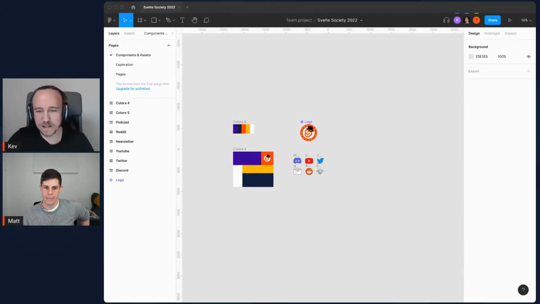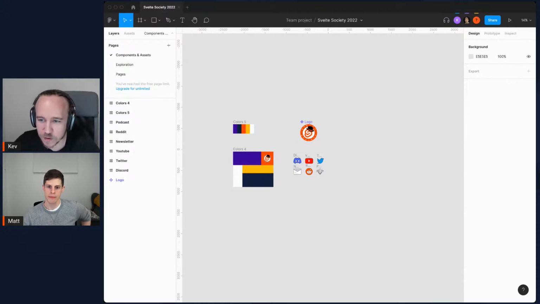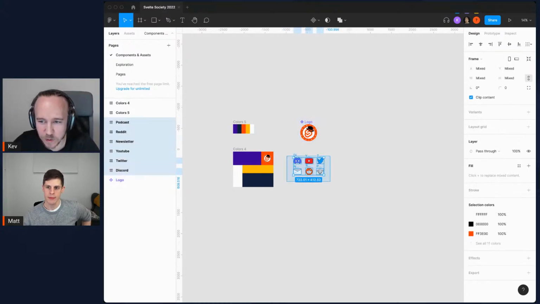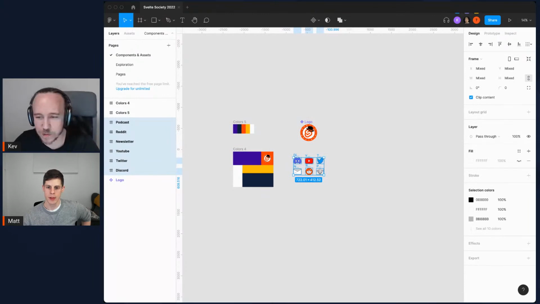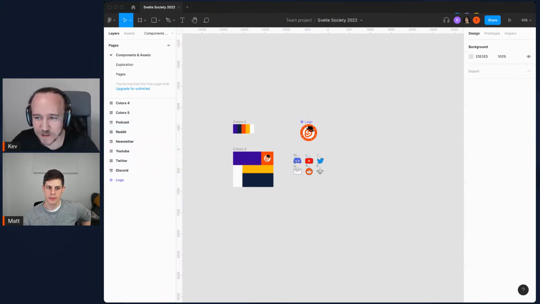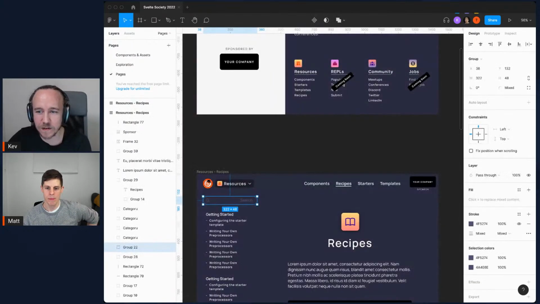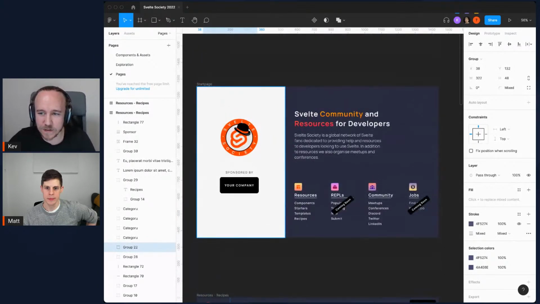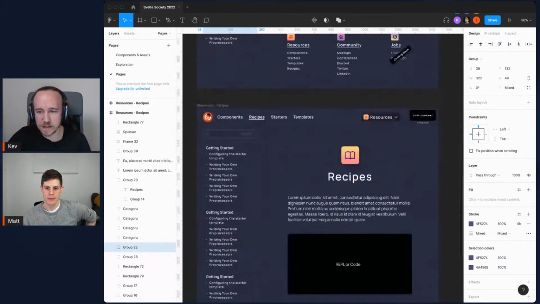All right, so let's get started. I'm going to bring up Figma here. This is what I have. I have some social media buttons that are old. We're going to use new ones, so don't pay any attention to those. And then we have some colors, and over here we also have a couple of already designed pages, but